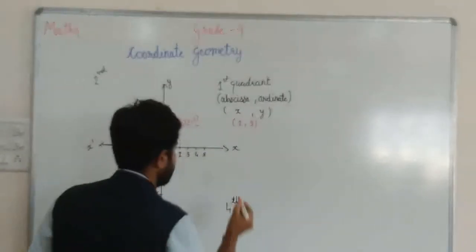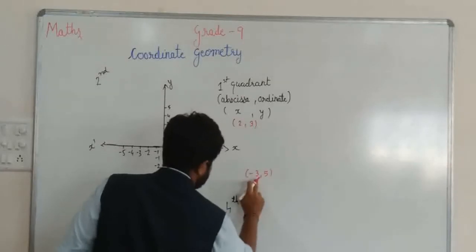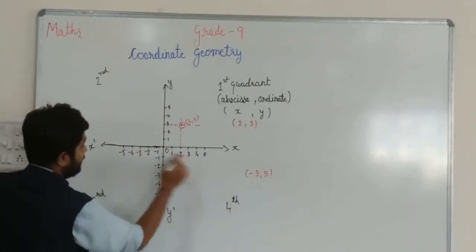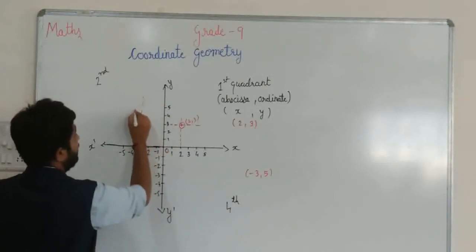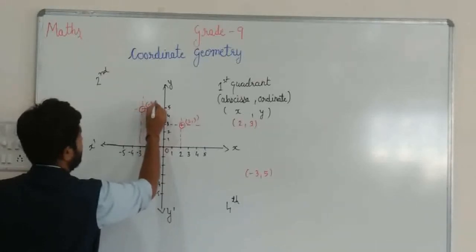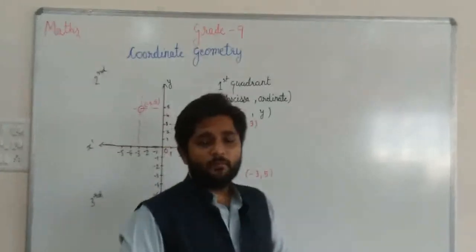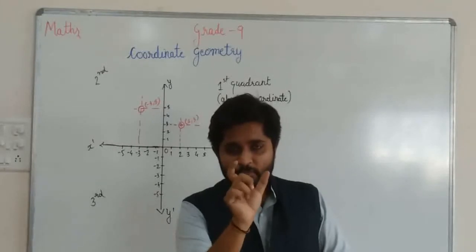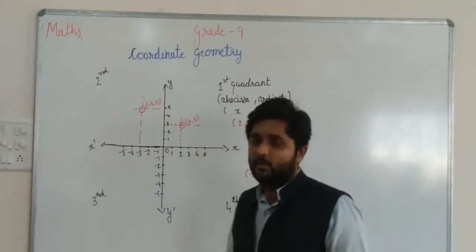Okay. Now if they say the object is at -3 and 5, the place of -3, 5, how can we represent it? So if I am writing -3, 5, then -3 is on the x-axis, so it is -3, and 5 means on y 5. So here, the object is here. So this way we can find out the position of the given object. So this is the coordinate geometry.